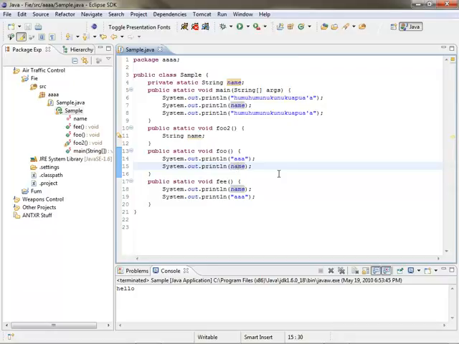Behind the scenes, Eclipse has a little database that they use to keep track of all the references between things in your classes. They parse all your classes, they find out all the relationships between everything, and they keep track of that. So that when you click on something, you can really see